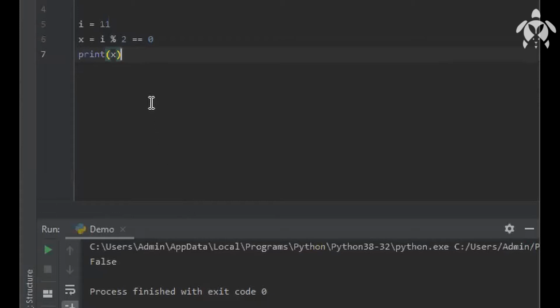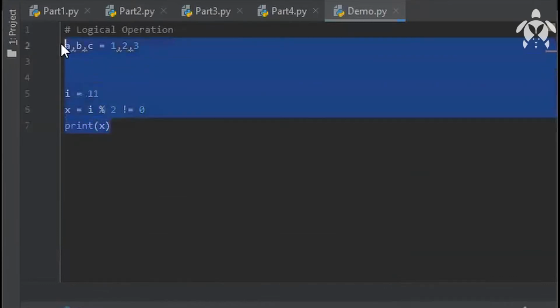When we were doing C is greater than A or C is greater than B using and or, there also we are comparing. If and else comes under conditional statements. That also we will see. We make statements to verify, to see the condition. There we use if and else statements. We'll come to that part. This is just the basics of the logic. If I tell you about not equal to also, exclamation mark will be used for not equal to. Then you'll get a true output. Right? That was about logical operations.